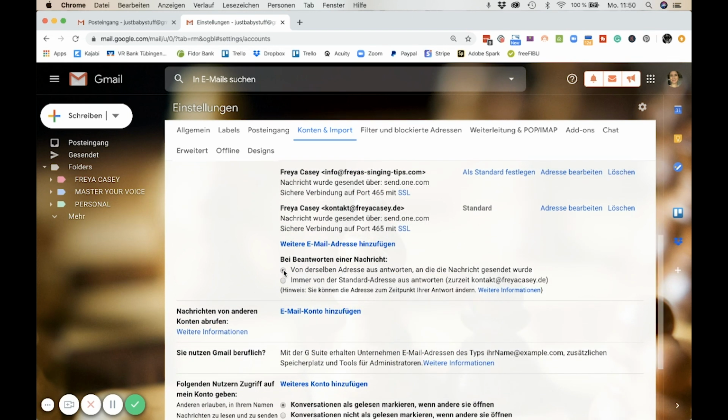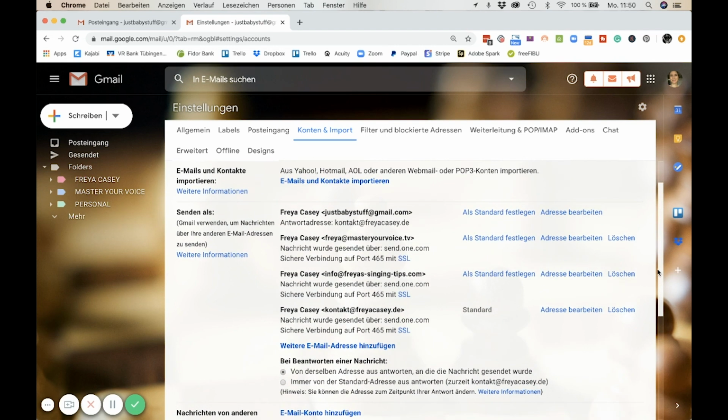So this is what I did. Send email so that it's sent from the address it was sent to. Meaning, if someone sends me an email to justbabystuff at gmail.com, which is kind of my personal, then when I reply, it'll show people that I replied from this email right here. And if someone sends me an email to this one, Freya at masteryourvoice.tv, I reply and it will be sent